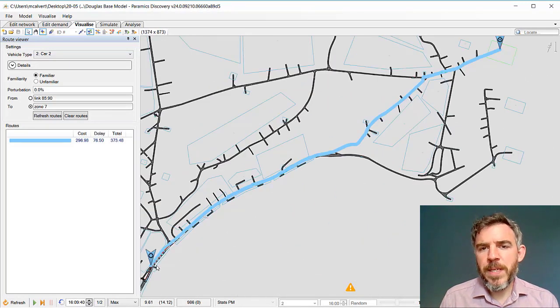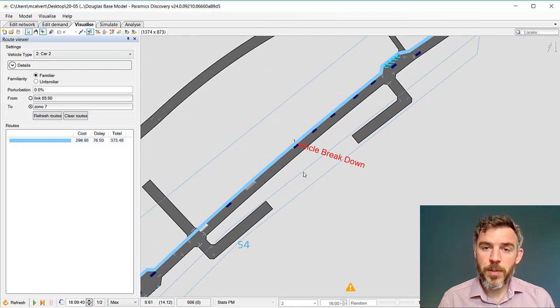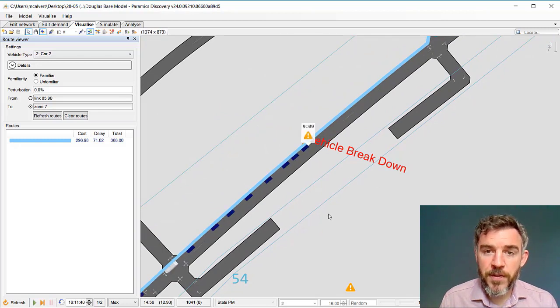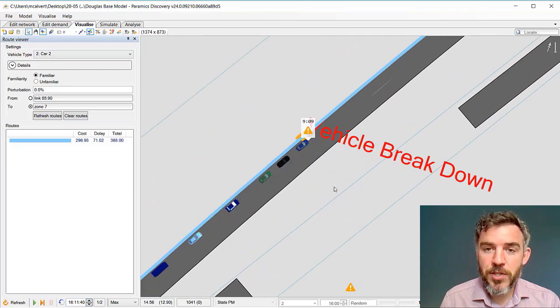And what this is showing me is that the main route through the network here is along that road where the vehicle breakdown is going to occur. So what I'm wanting to look at is what is going to happen when this vehicle breakdown occurs to the route choice of vehicles. So I've started the simulation running, and we can see now that vehicle breakdown happening. It's happened at the time that I would expect, and also you can see the duration is between 8 and